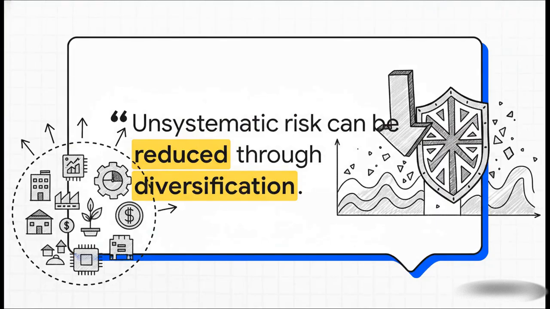Now, here's the absolute key thing to remember about diversification. It's an amazing tool against what we call unsystematic risk. That's the risk of a specific company or a particular industry doing badly. But, and this is a big but, it can't protect you from systematic risk, things that affect the entire market, like a recession. So diversification strengthens your team, but it can't change the weather for the whole game.